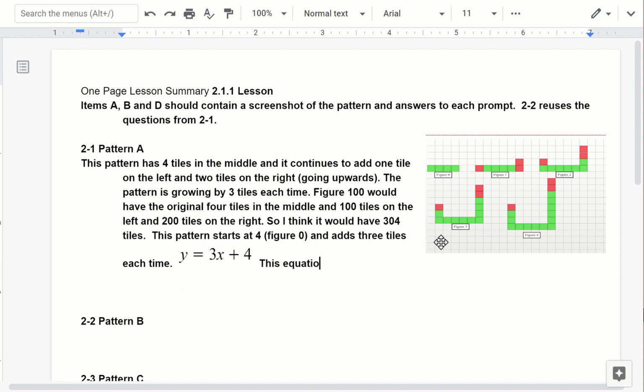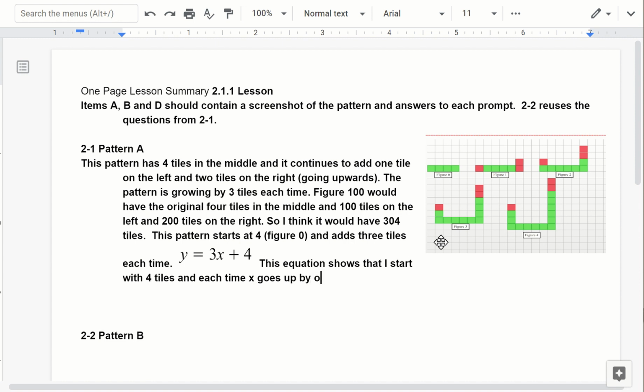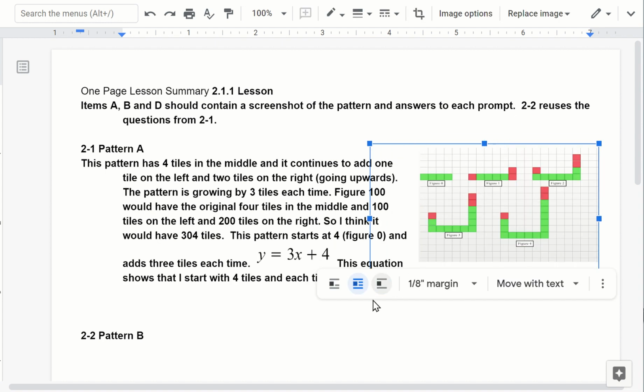This equation shows that I start with 4 tiles, and each time x goes up by 1, I add 3 new tiles. All right, so that's me trying to get you started, get a grasp for what your work should look like. So this is my response for